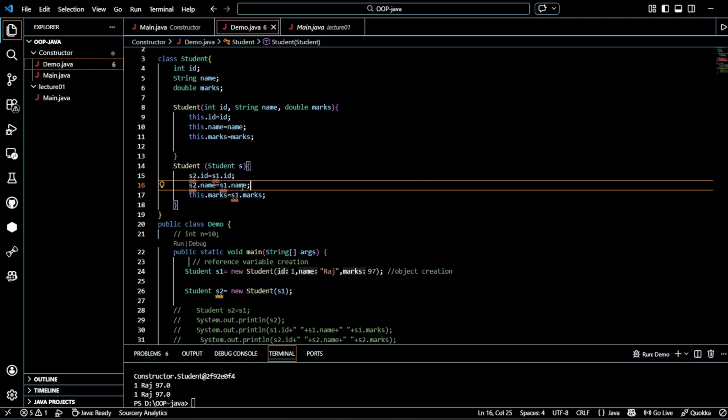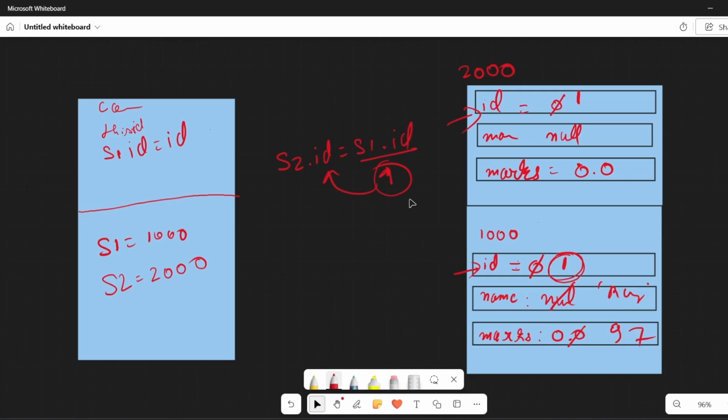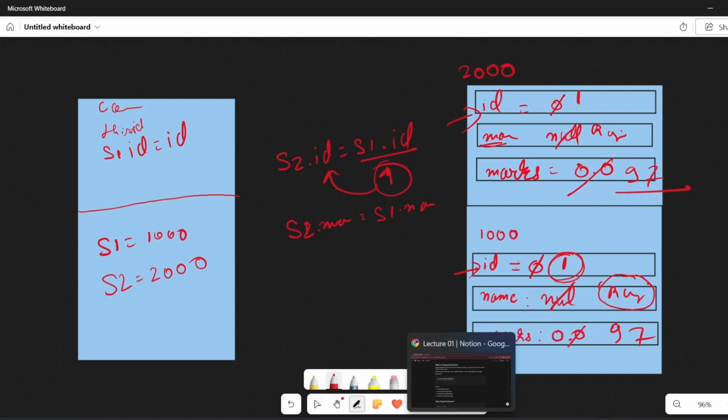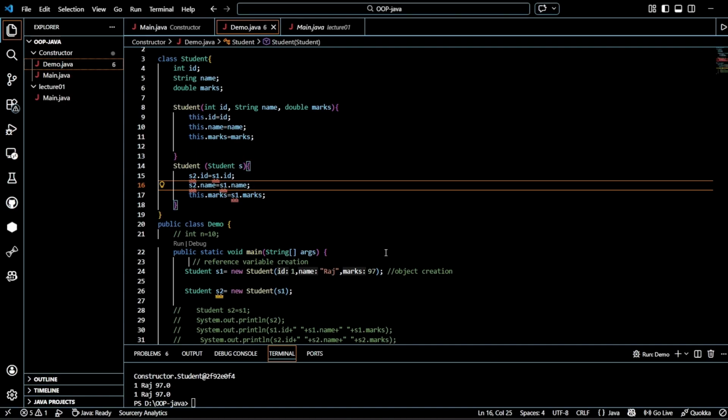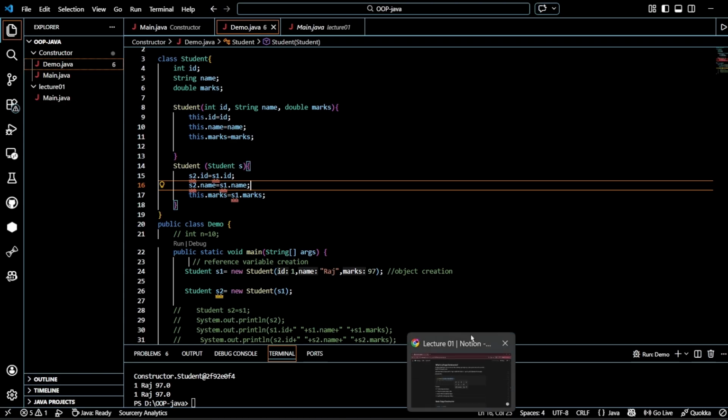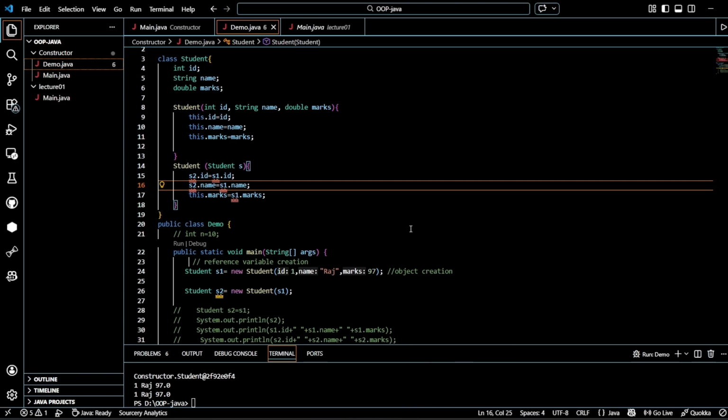Then s2 dot name equals s1 dot name. What is s2 dot name? s2 dot name is this one, and s1 dot name is what? s1 dot name is Raj only. So s2 dot name equals s1 dot name, it will become Raj. In the same way, this will initialize with 97. Now, what happens is,